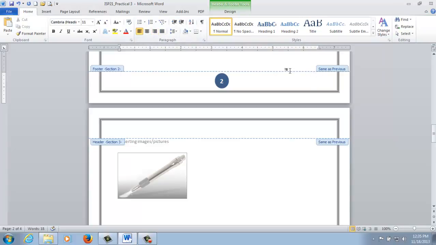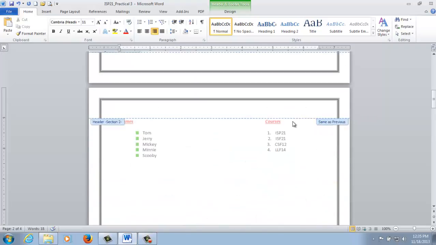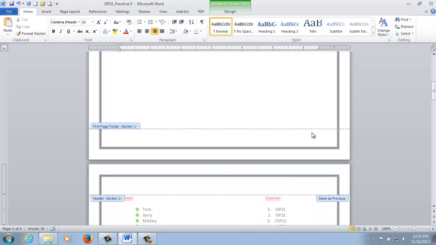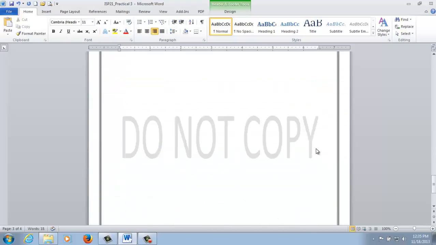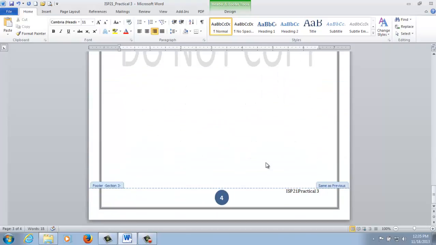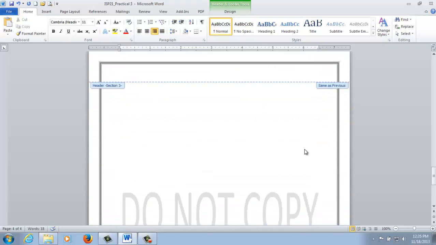So on the right hand side, right align, you want to type something. Say for instance you want to type ISP21 practical 3, same as previous. So leave it as same as previous. That means at the moment on the title page I'm not showing, but it says same as previous. That means on the next page the same thing will be shown, on the next page the same thing will be shown. Alright, if you want to remove and put some different footer on the next page, so if I